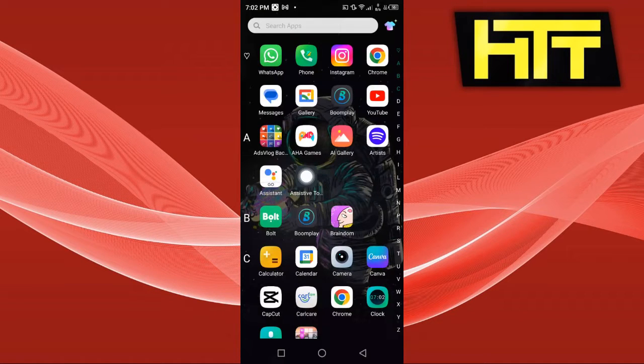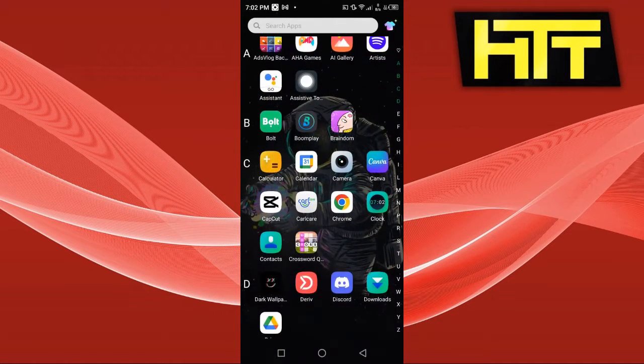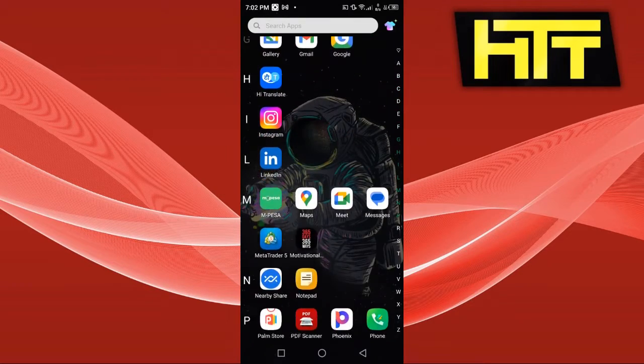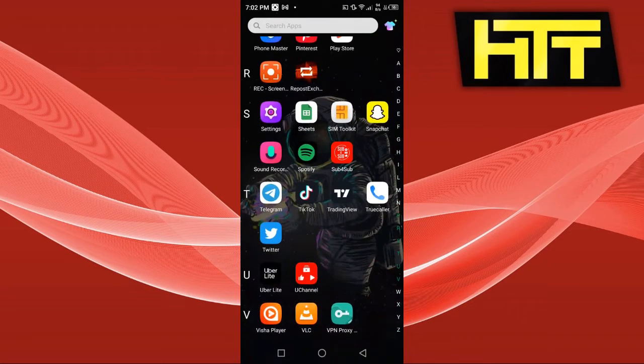Today I am going to show you how to hide apps in Android without using another app. So let's dive in. The first thing you want to do is go ahead to your settings,